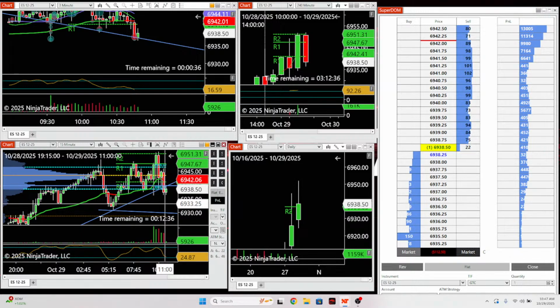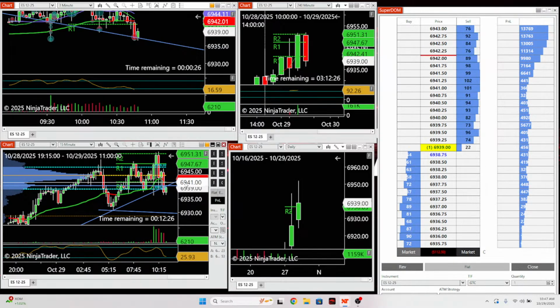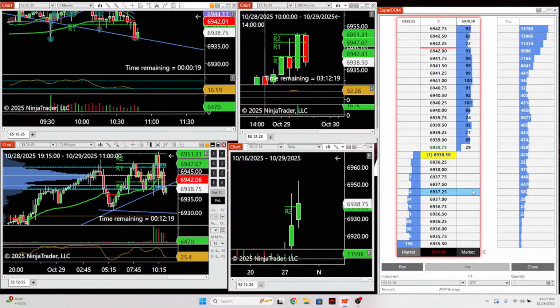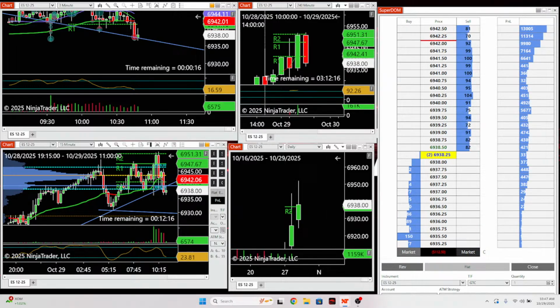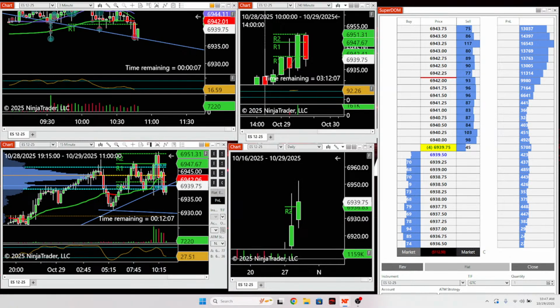We got 33 to contend with, but we bounced off 33 and 30. Yesterday I had a 32 order in the target, and it hit 33 and bounced right off of 33. Nice trade, but didn't hit my target. Bounced back up and I got out at break even. Still testing this 40.